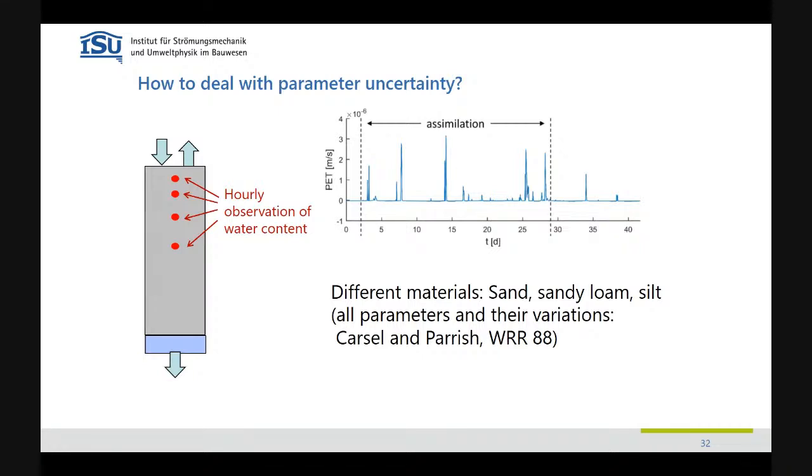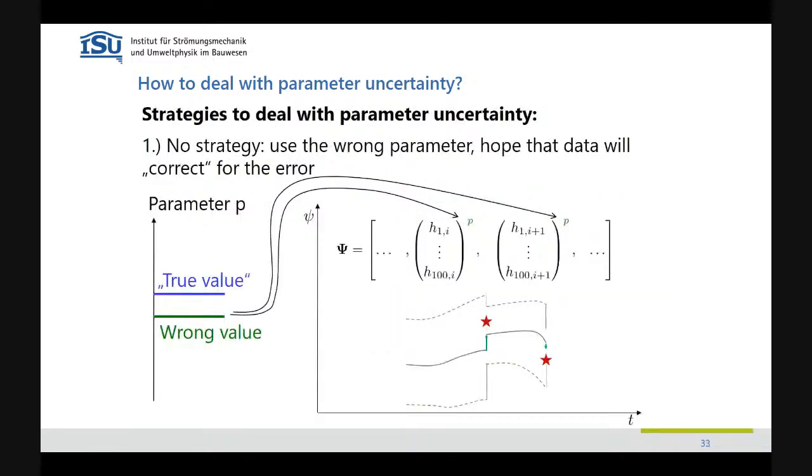Yeah? And now I do data assimilation with uncertain parameters. And we took everything from the tables and tested also different materials. Okay, and then different strategies to deal with this situation that our parameters are uncertain. The first strategy is to do nothing. Yeah? So just take a wrong parameter. So let's say we know what the soil might be. We know that it has some sand, some clay. This you can find in soil maps that are maybe available. And then we go to the tables and just choose a value. But in the tables, you already find a big range, so it's likely that this will be off. So we just use it.